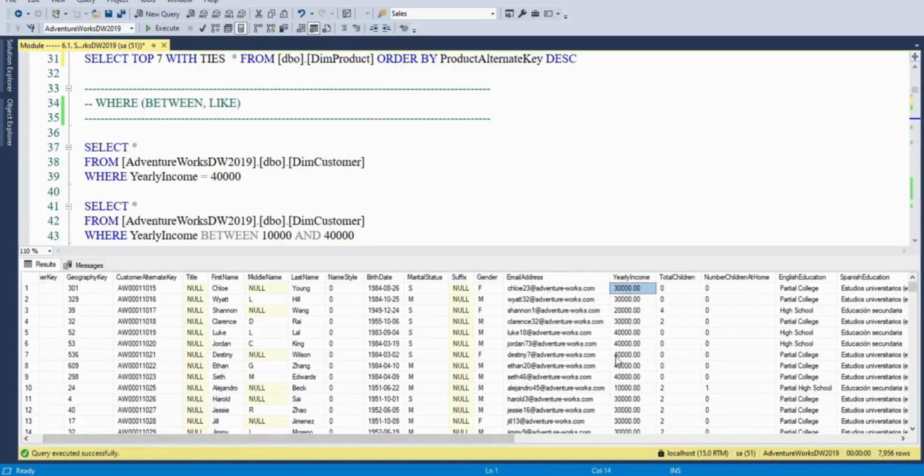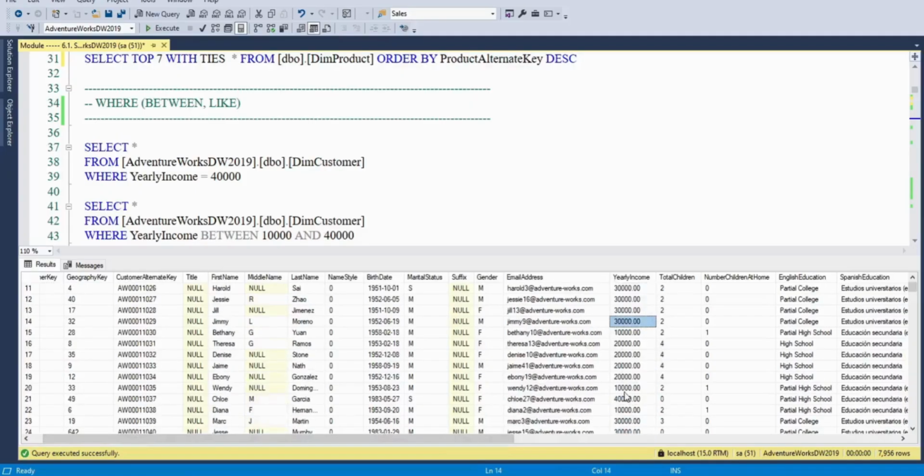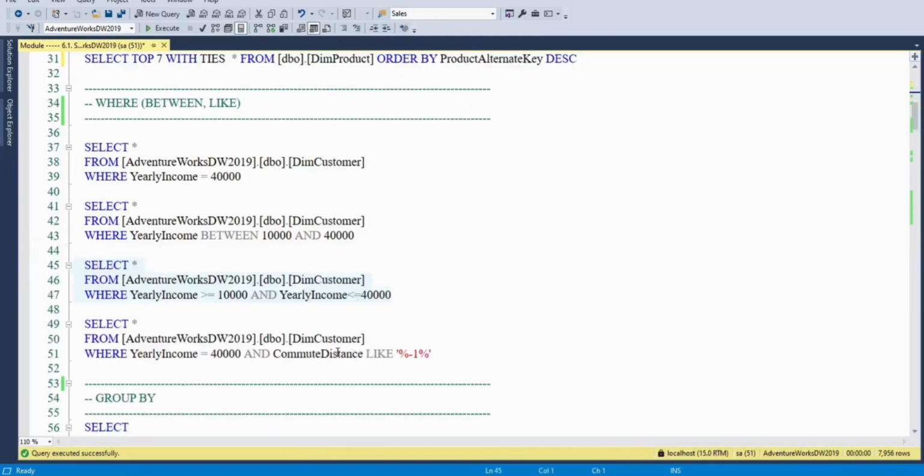So it will also have the same number of records in the result set. Then now we want to use the keyword called LIKE. Maybe we want to fetch only the customers who have their income equal to 40,000, but in addition to that you want to give some precise condition. Out of those customers, you want to check the customers who have